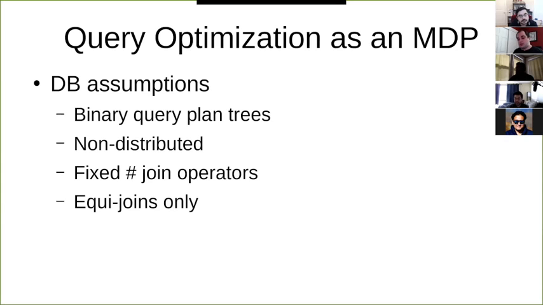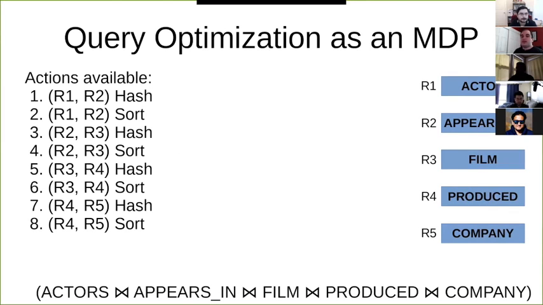So, no fully advanced theta joins here, just pure this-column-equals-that-column joins. Again, I know these assumptions aren't totally realistic or representative of every database you might know of. These are just assumptions we made to try to get off the ground with reinforcement learning. So the idea behind modeling query optimization as an MDP is to think about it in terms of states and